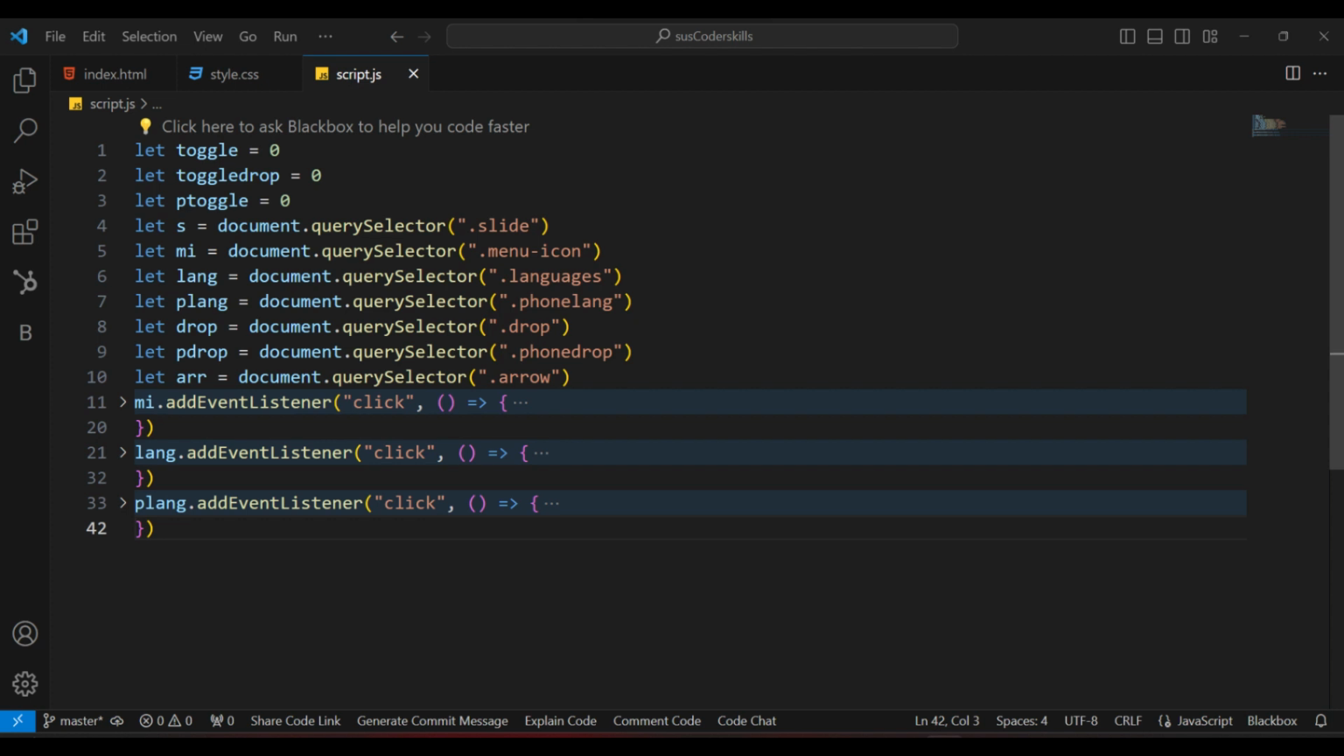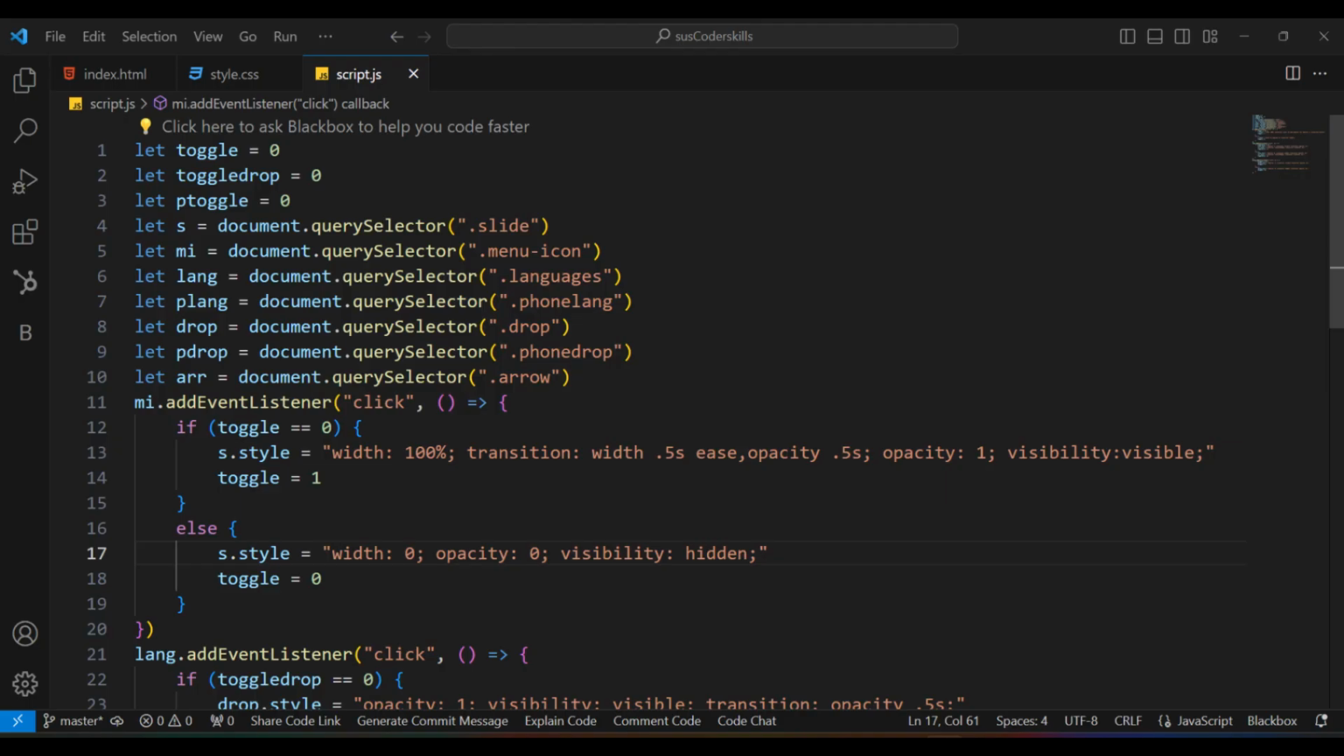In JavaScript, I have initialized 3 toggle variables, each set to 0, corresponding to the slider, desktop dropdown, and phone dropdown. I have utilized query selector to target specific classes for interaction. 3 event listeners have been implemented to handle clicks on the slider, desktop dropdown, and phone dropdown. For the slider,